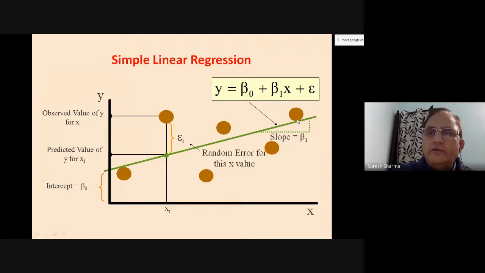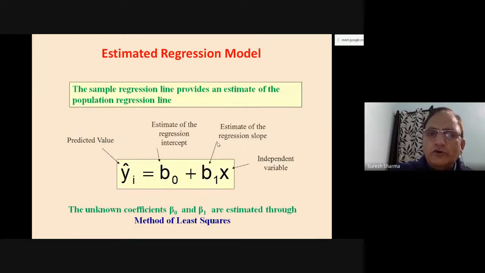If the point is exactly on the line, error will be 0. For example, for this point, error is very high. This is called random error. So smaller the error, better will be the fit, better will be the model. So this is what we mean by this error. And our aim is to minimize this error. And once we minimize the error, you will get this equation. Now you give any value to X, you can estimate Y. All right. So this is called the simple linear regression model involving only 2 variables. Any doubt in this, please?